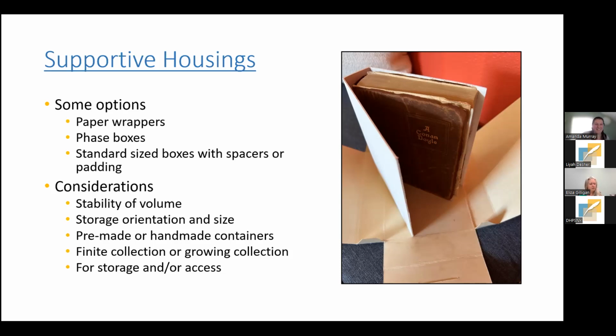Sure. So this option goes to the, you need something right away, you need an inexpensive option, and it's more on the paper wrapper end of the spectrum. So what I've got here is a regular manila envelope, and I have cut off the corners. I have cut off the corners because I have a book that is not that thick, but let's pretend that this book,